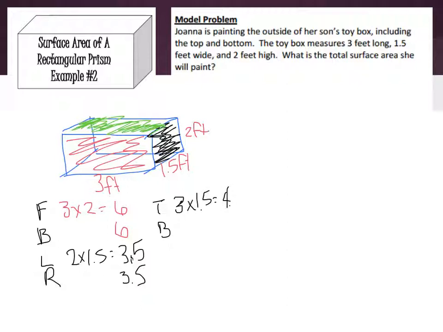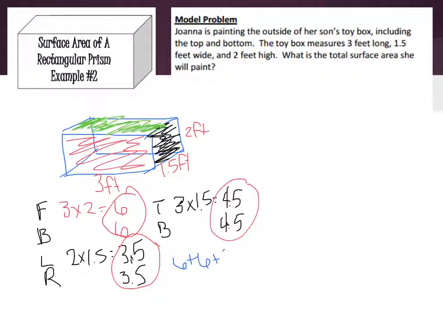If I know the top is 4.5 square feet, the bottom must also be 4.5 square feet. So I can take all of my faces, there are 6 of them. I had 6 for the front and 6 for the back, 3.5 for the left and 3.5 for the right, 4.5 for the top and 4.5 for the bottom, and I can add all of those together. 6 plus 6 plus 3.5 plus 3.5 plus 4.5 plus 4.5 gives us a total surface area